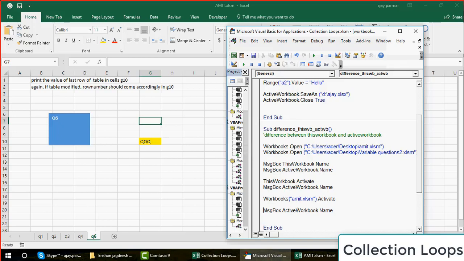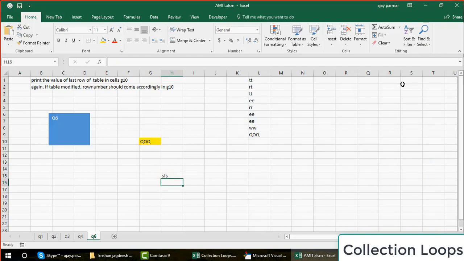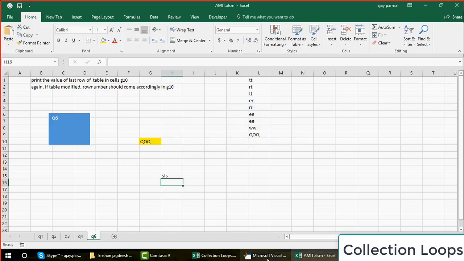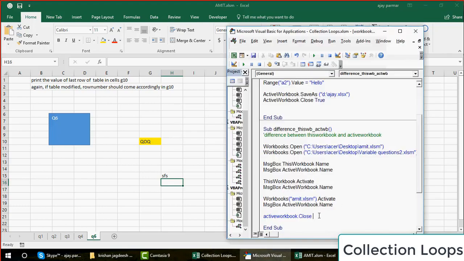Now let's say I want to close this file also. So you can close the file. Which file you want to close? First of all, I want to close the active workbook. So you can go and write active workbook dot close. Okay, and while closing you want to save the changes. If you have done some editing, it will ask you, do you want to save the changes? When I write something and I just go and close this file, this will ask me, would you like to save the changes? So the same thing is coming there. If you want to avoid that kind of a prompt, you can write here that close the file, but with the changes, save the changes, right?